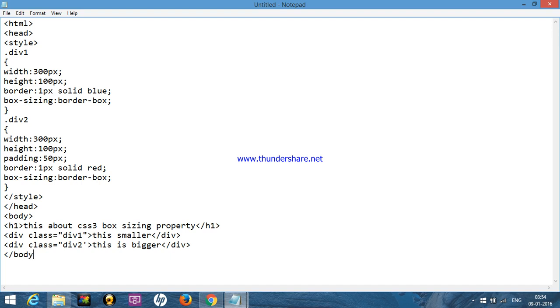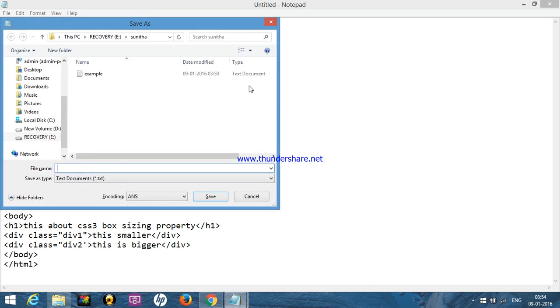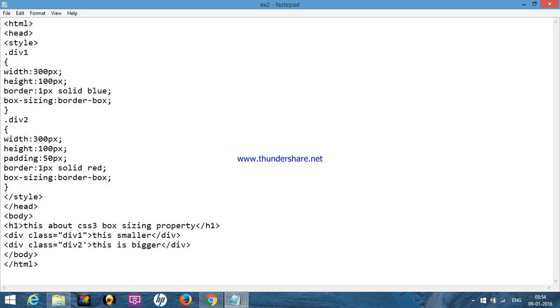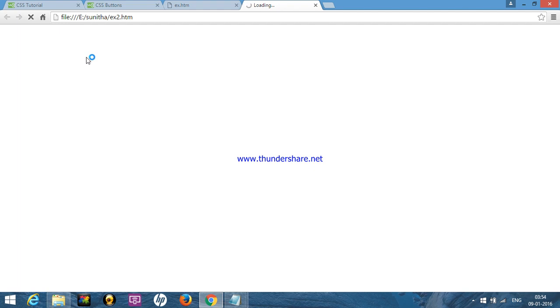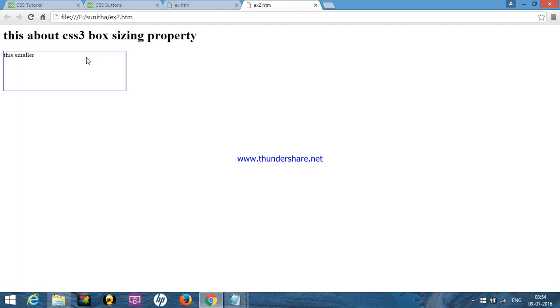Close the body. Close the HTML. Save this file with the .html extension. Now run this file with the browser.